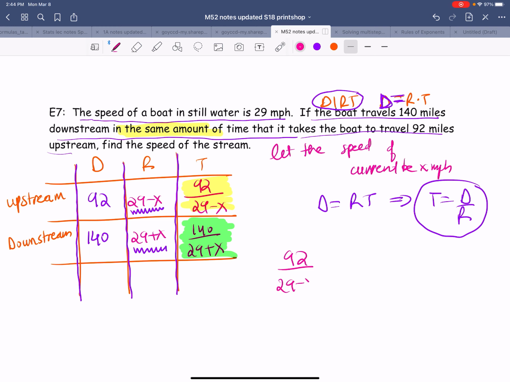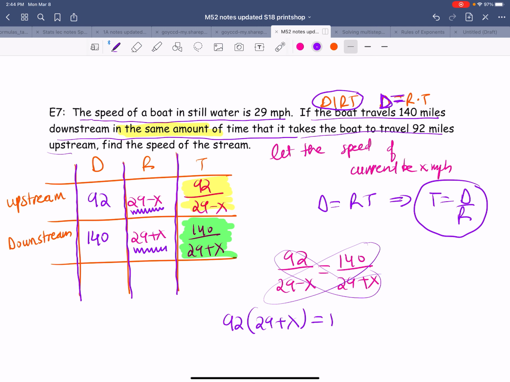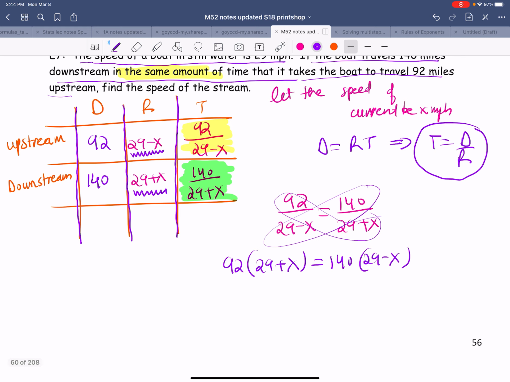92 over 29 minus x equals 140 over 29 plus x. To solve this, we're going to be doing cross multiplication. So 92 times 29 plus x equals 140 times 29 minus x. 92 times 29 is 2668 plus 92x equals 140 times 29 is